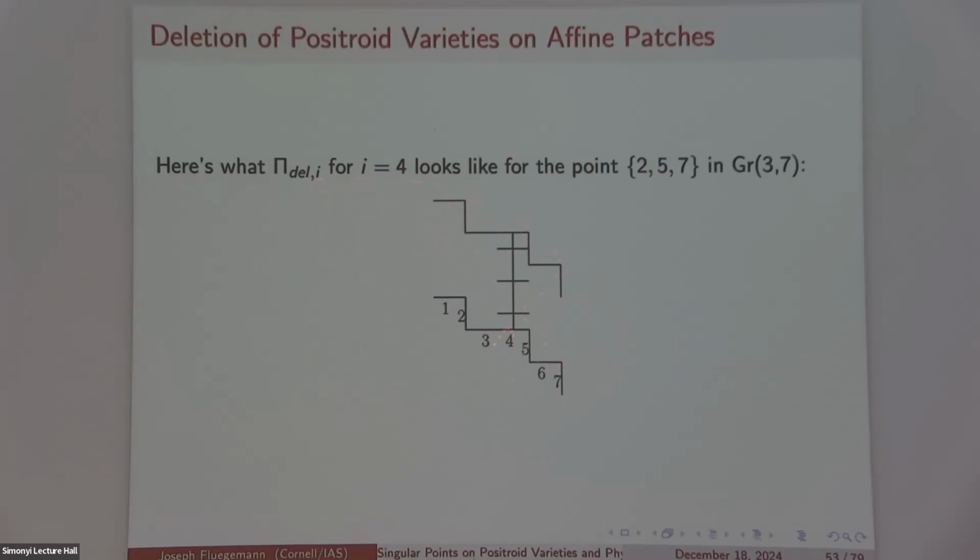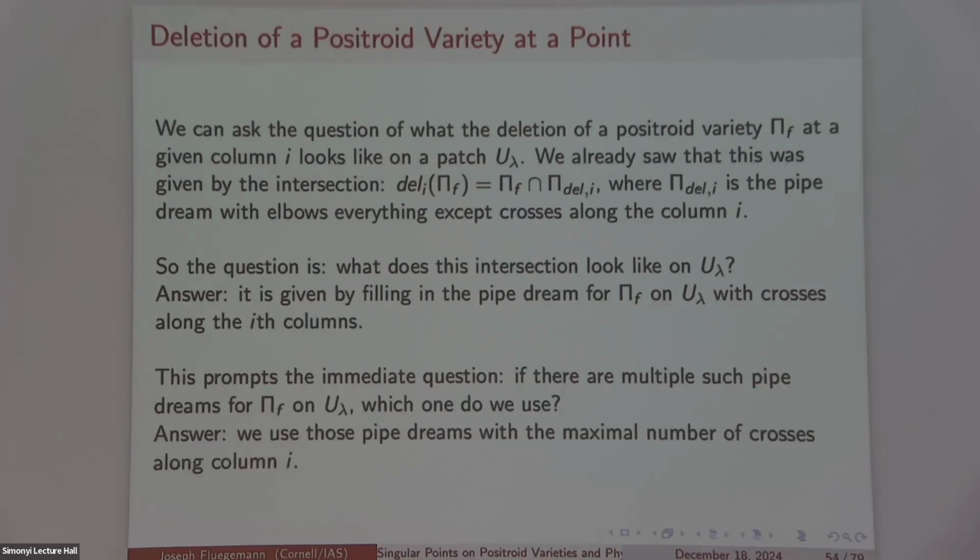So the deletion for the pipe dream is kind of the minimal one that has, maybe it would have been clear if I had also labeled the top in the same way. So 1, 2, 3, 4, 5, 6, 7. That takes 4 to 4. So everything else here consists of elbows. I should have written out the bounded affine permutation, but